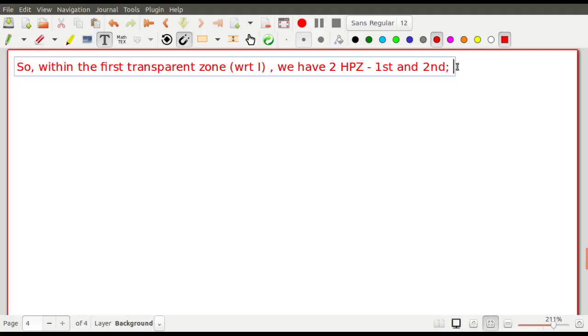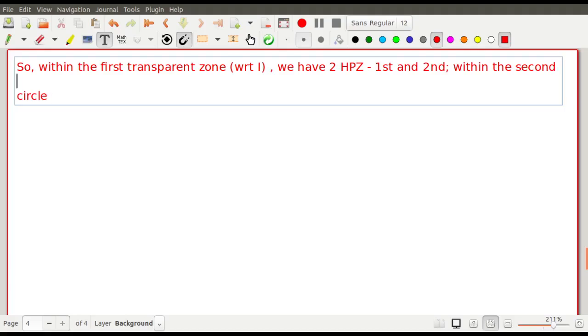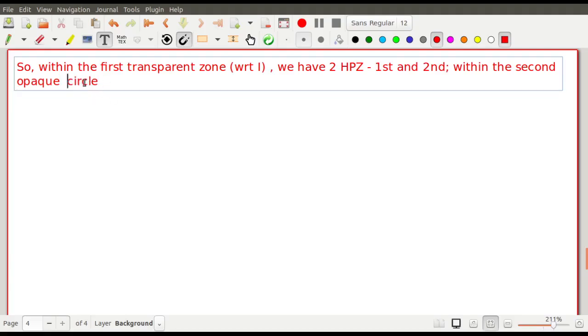So here I write, within the second circle, because you know that the second circle is opaque, right? The second circle was opaque, you remember, alternate zones were blocked. Within the second opaque circle,